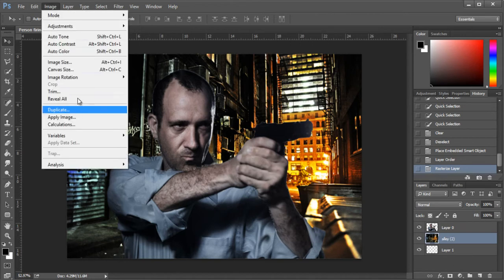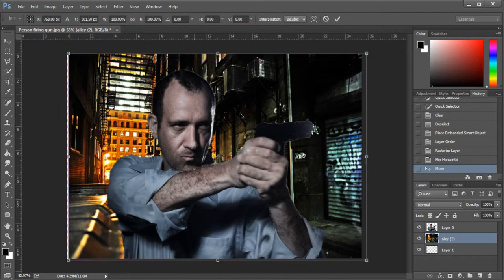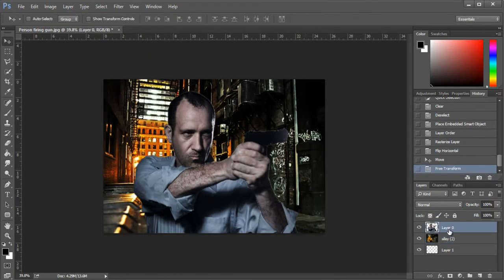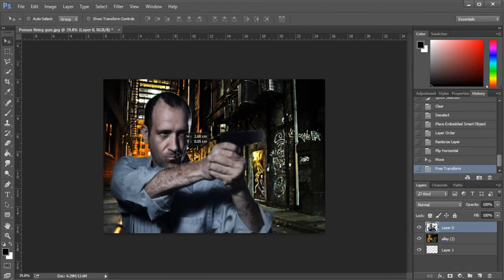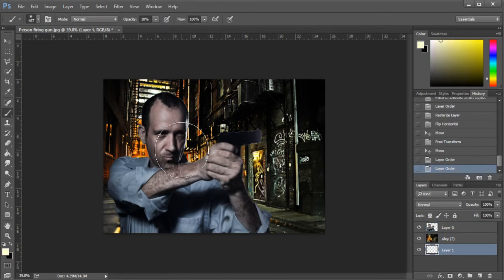I'm now going to flip the image: Edit, Transform, Flip Horizontal, and I could even maybe resize it a bit more and keep the main character. I might even move the main character so that his head's slightly more in the highlight of the end of the alleyway down there. I want to make sure that the main character stands out from the background as much as possible, so I'm going to move our background, or this